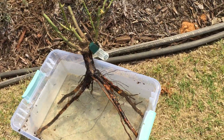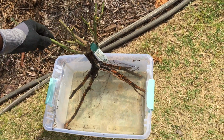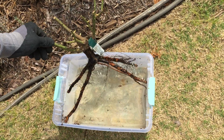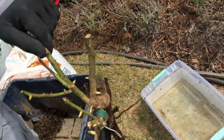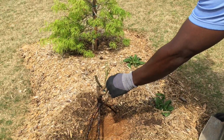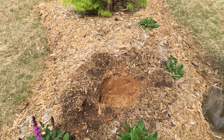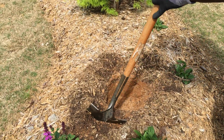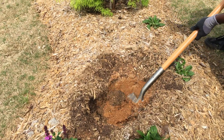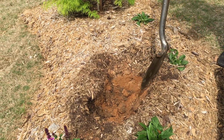So the rose came last night. So we put it in water to soak overnight so it can be hydrated. We want to make sure that the hole is bigger than the spread of the root. So we just measure the hole I have here, and we see that it's a little bit too narrow, so we have to get it wider. So we'll dig our hole a little bit more. We'll take all the soil from it, and we'll just put it right in here, because my soil is very